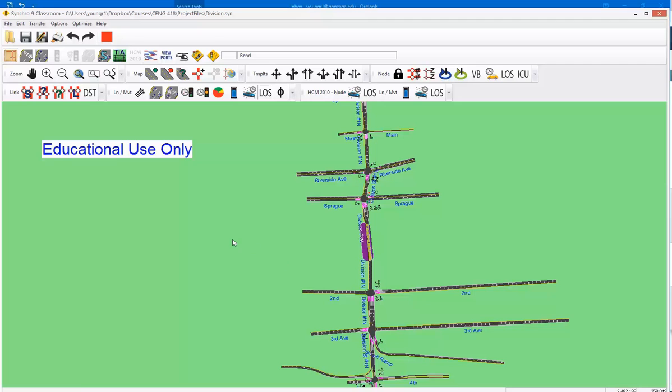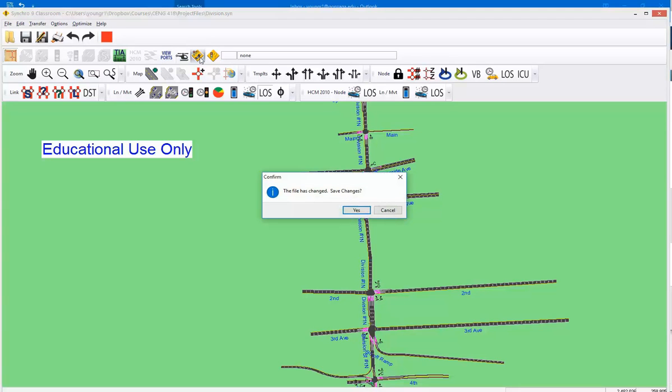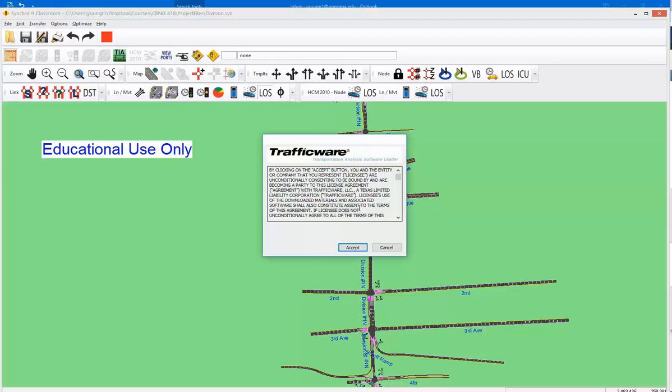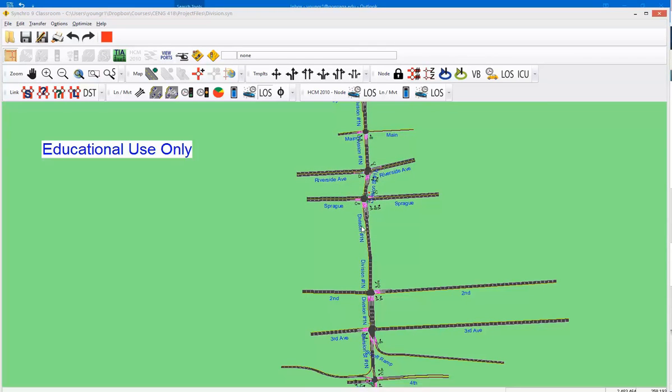Okay, so to run the sim traffic, just like we did in the previous lab, we just want to find that sim traffic animation. It's always going to ask if you want to save. There's a couple of things that happen on this one that I wanted to point out because it's going to look a little bit different with a coordinated corridor